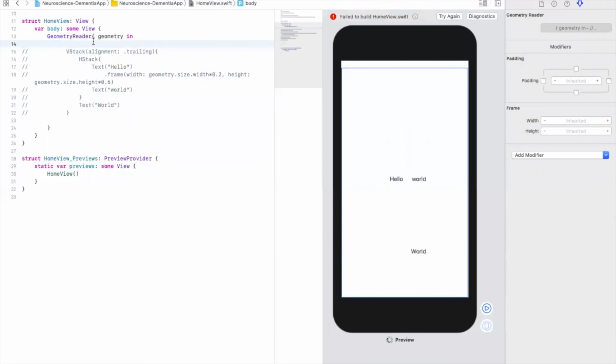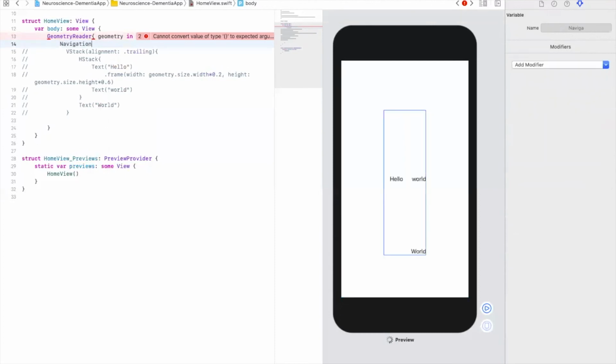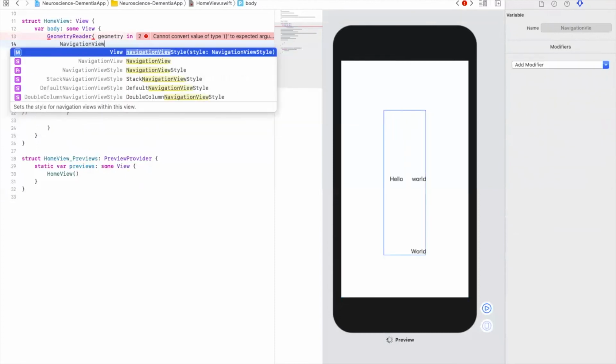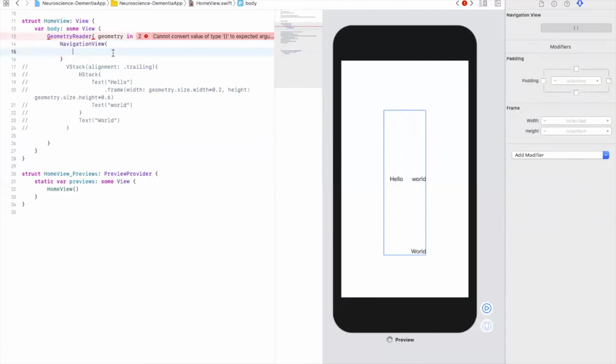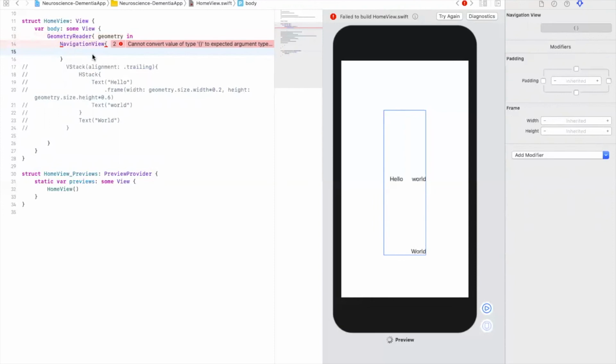And let's move on to the navigation view and the navigation link. So when you put in a navigation view, right? So what a navigation view basically is, within the navigation view,